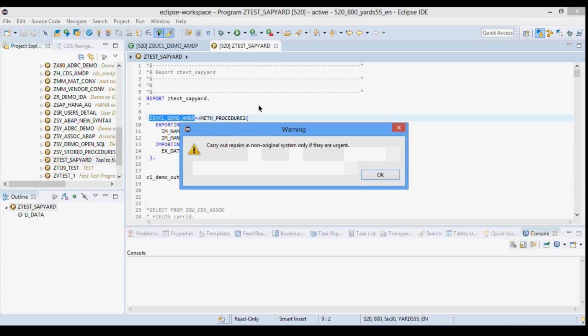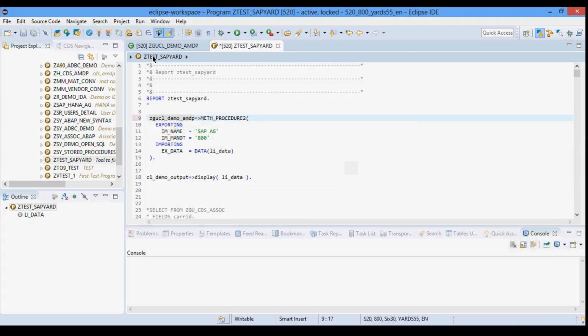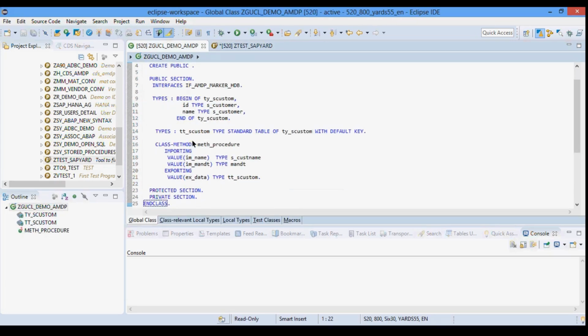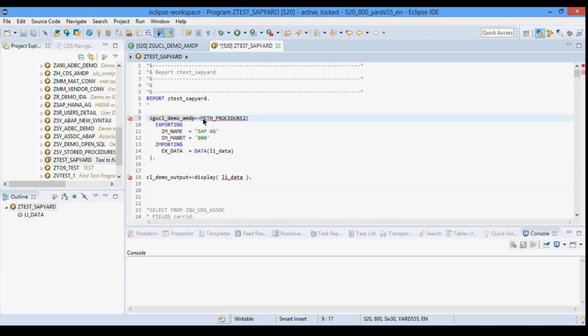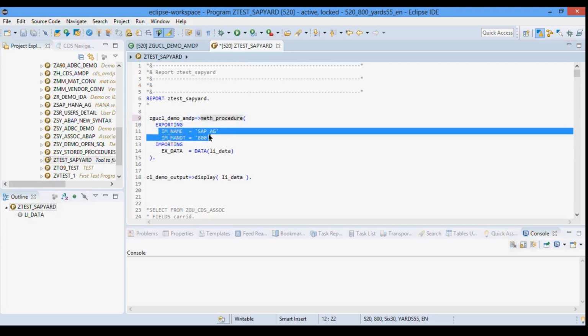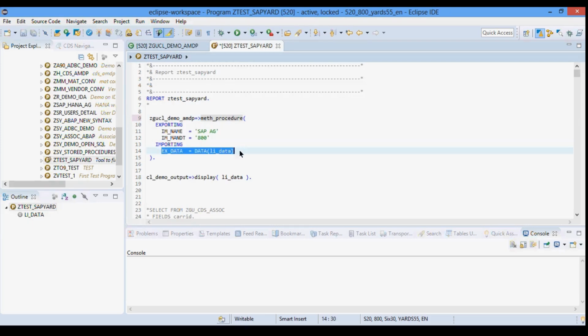You just need to provide the class name and the method name. Now this method has the importing parameters iv_name and iv_mandt, and it will return data in my exporting parameters which you can make use of.